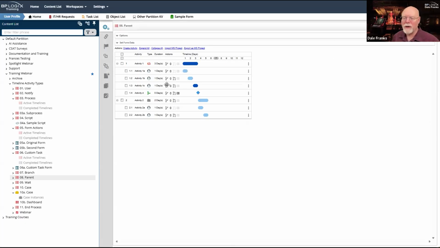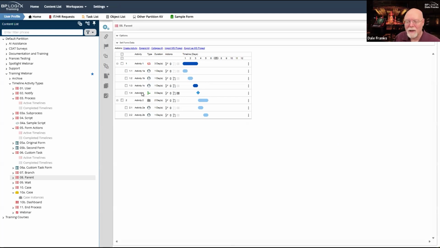Because what I want to do on activity 1C is, yes, I can deny it, which gets me out of the loop completely. I can hit resubmit, which takes me back to the top of the loop. But what if I just want to drop back one step and have activity 1B run again? I can't do that in the loop.